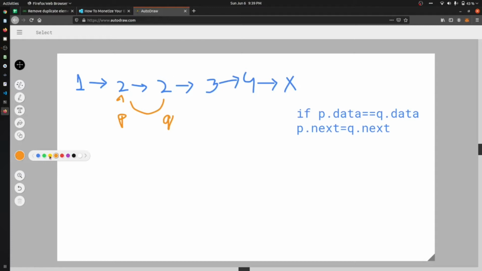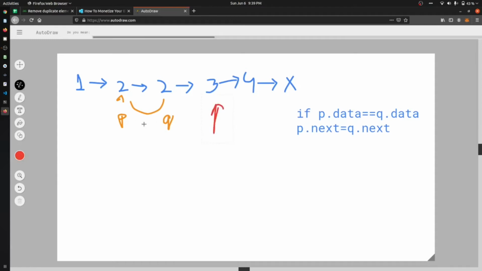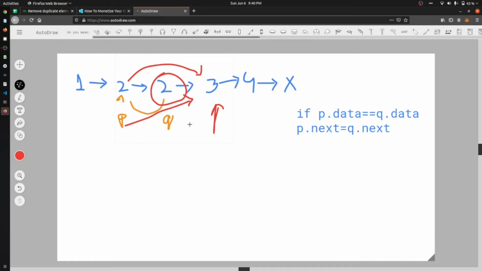Q dot next is 3, and P dot next becomes 3. So it means that 2 is now pointing at 3, so we have removed this 2 from our linked list. This is a way in which we can do that.